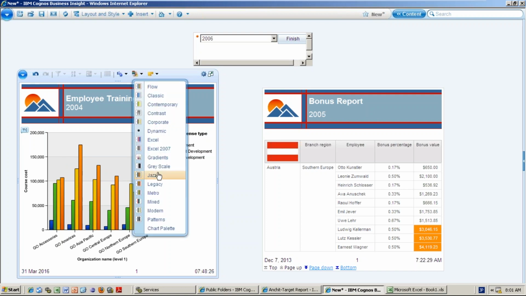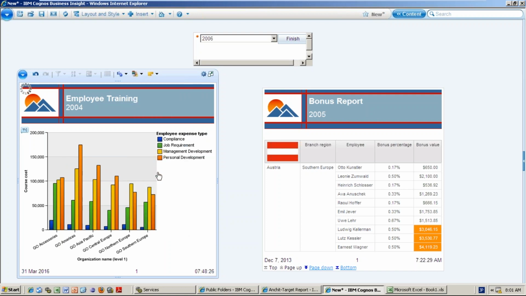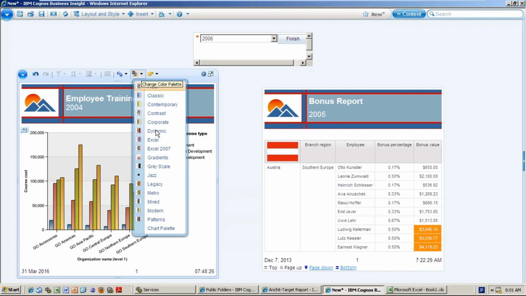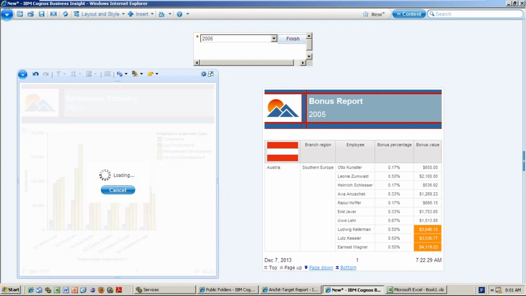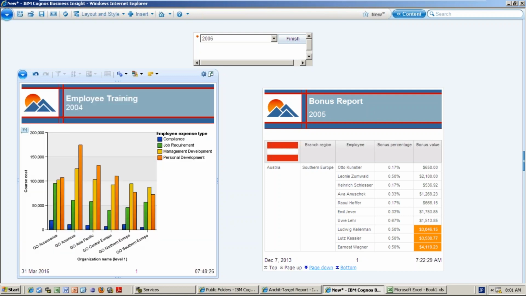You see now different colors. That is the color of each one. See this, any color you can do. The dynamic colors. See, like this.